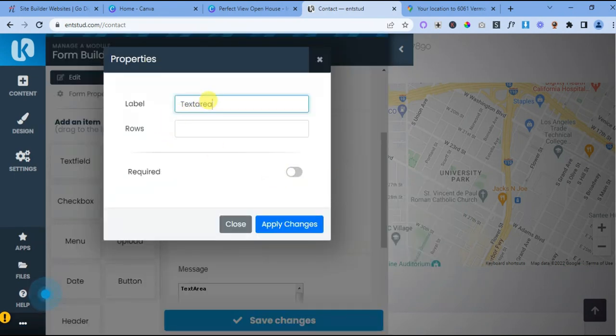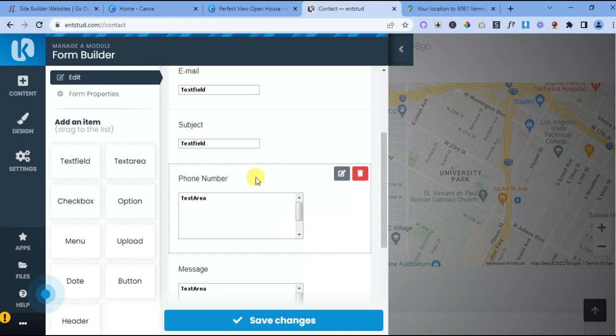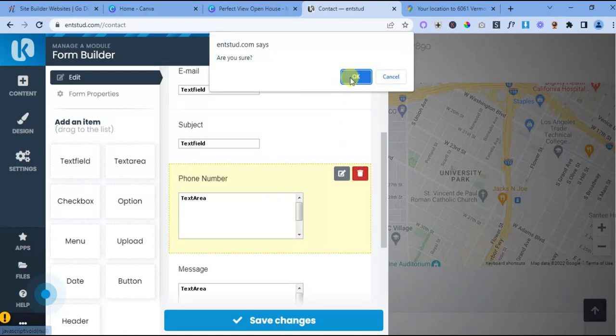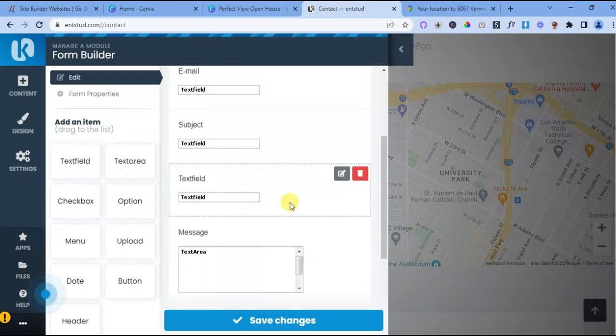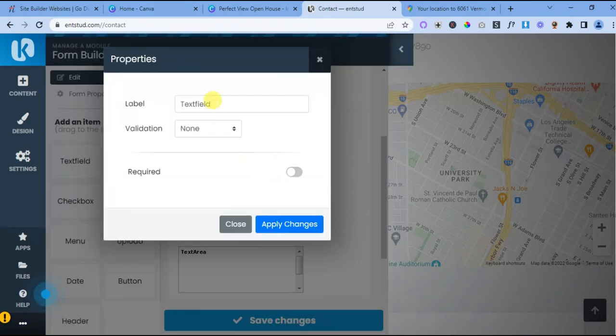And text area, you can put phone number, and just make it, you can make it require or not require, apply changes, and they can include the text field. Okay, so we're mistaken this one by the text field, so we can put the text field here, and just like that, we edit, and then we're gonna put it like this, and we're gonna put phone number,